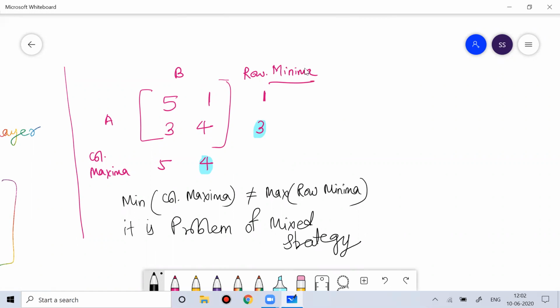So if it is a problem of mixed strategy and it is a 2 by 2 matrix, you can easily solve it. If it's not a 2 by 2 matrix, then there's a problem. But as long as it is a 2 by 2 matrix, you can easily solve it, because in a 2 by 2 matrix you'll get a two-variable linear equation. If the problem has more than two variables, then it becomes complicated. Imagine if I introduce three or four variables.